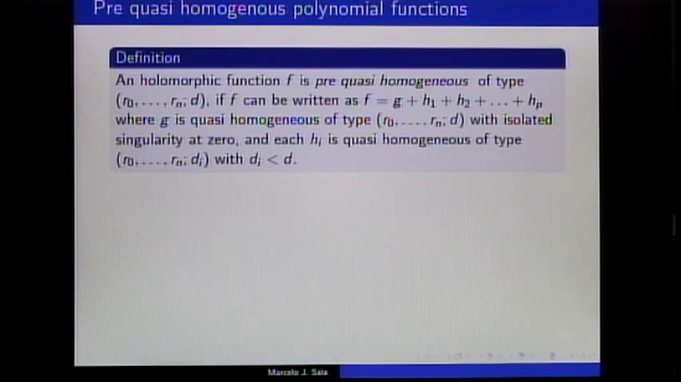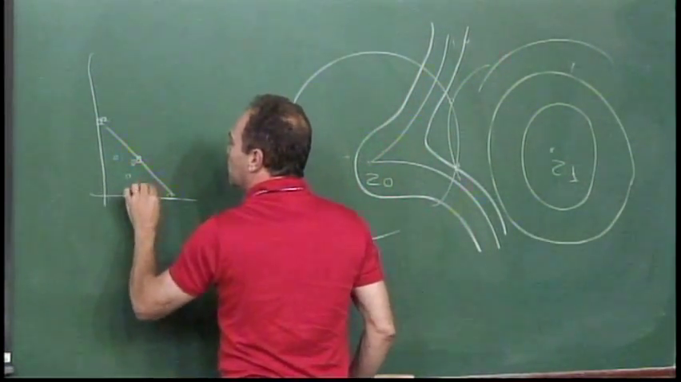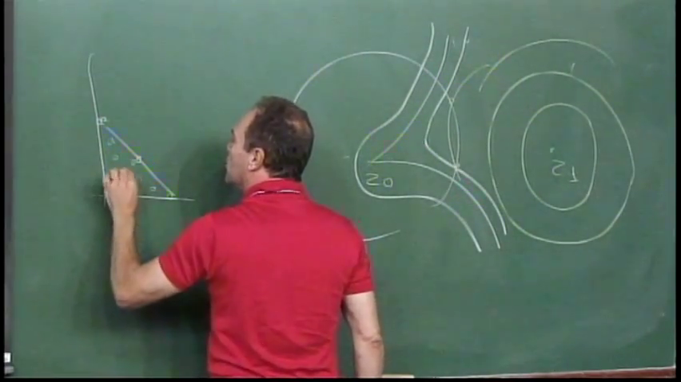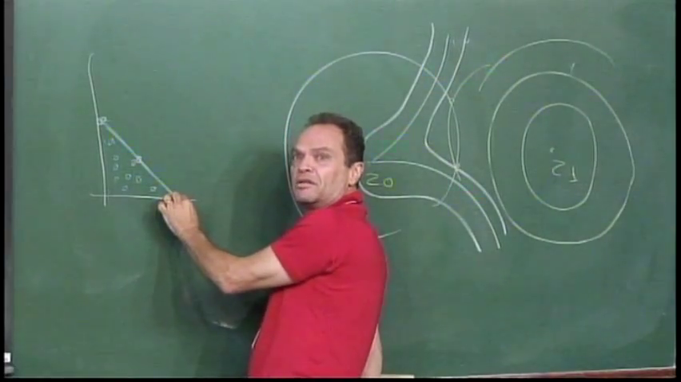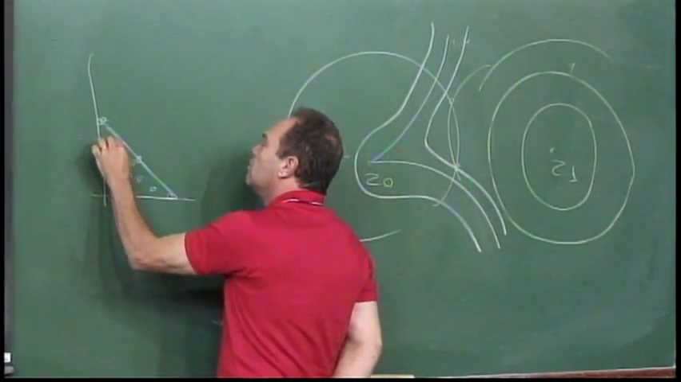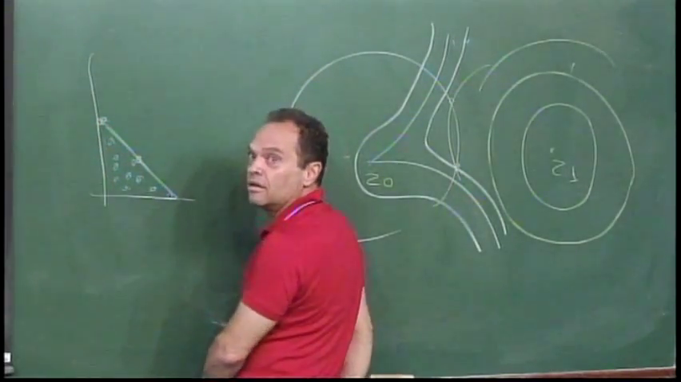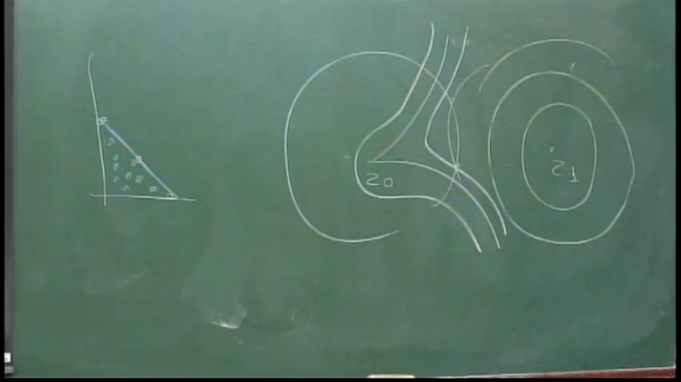We consider not more monomials to form a Taylor series, but just polynomials. Adding, we have the quasi-homogeneous part with isolated singularity. We add the monomials which are inside the Newton polyhedron, the global Newton polyhedron. If we do this,